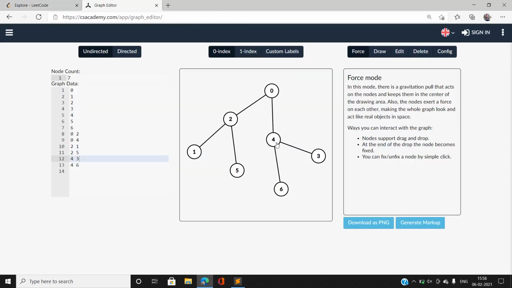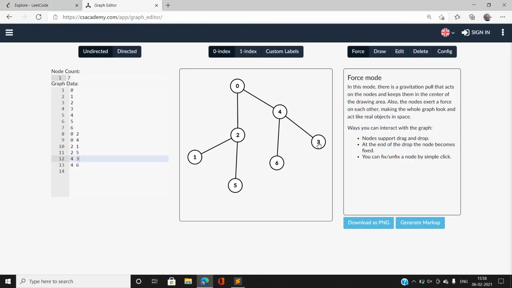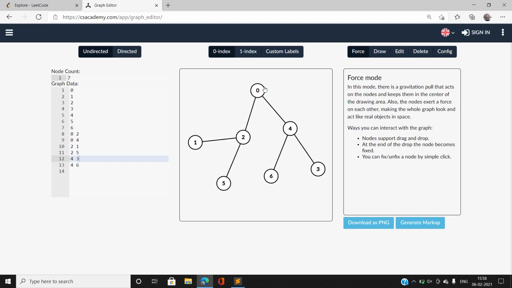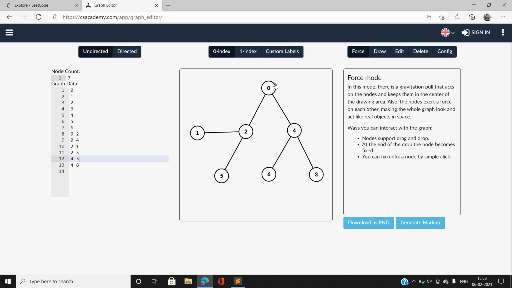Suppose this is our binary tree. Starting from the root node, it is always optimal to move to the right child node of the current node, because we are considering the right view of the binary tree, that is, viewing the tree from the right side. The first node visible to us would be our answer. So I'm going to first move to the right child node, and before moving, I check whether this node comes in the right view of the binary tree or not.